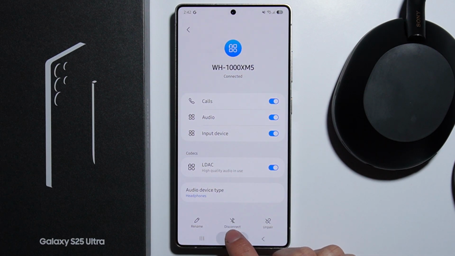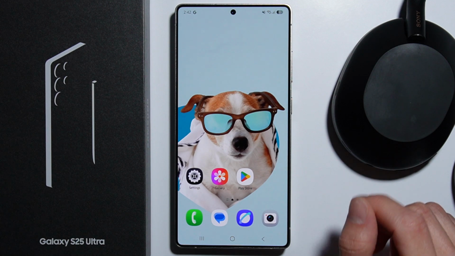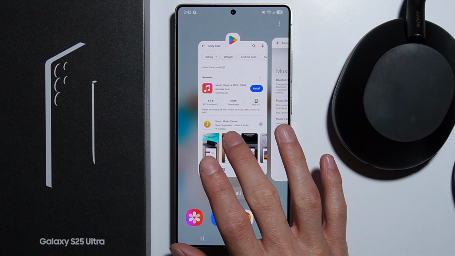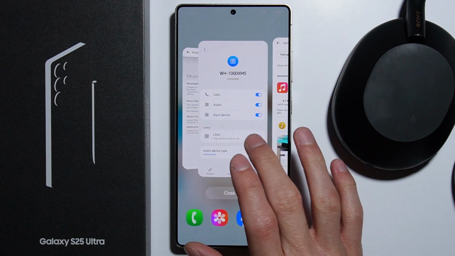What we have to do is we need to download ourselves the application dedicated for our headphones or earbuds, and in my case this would be the Sony application. So I downloaded already the Sony Music Center, and as we go into this app,